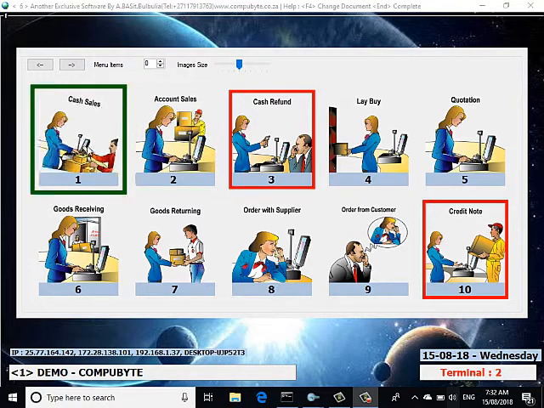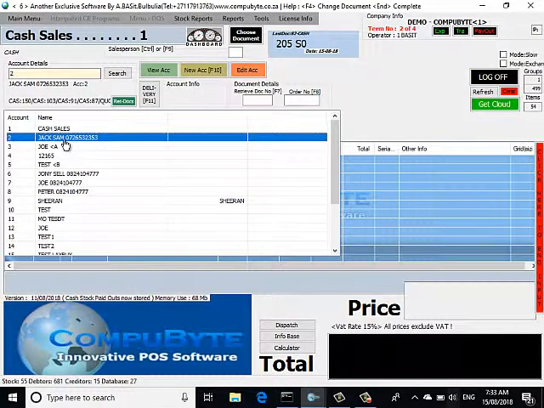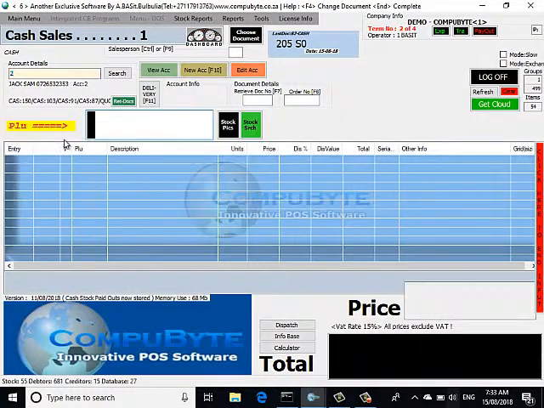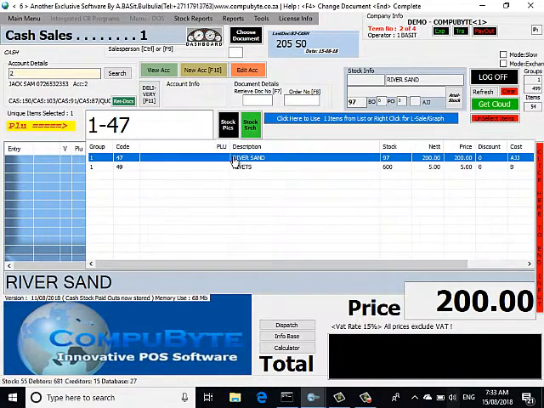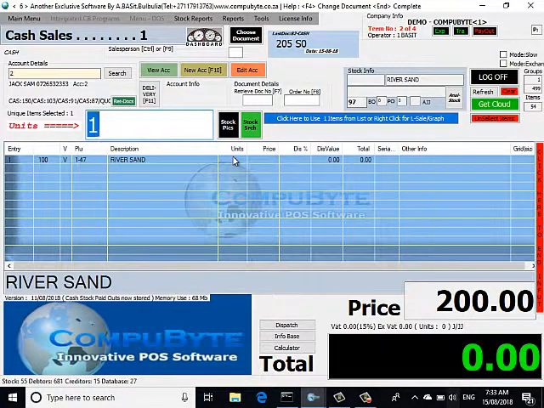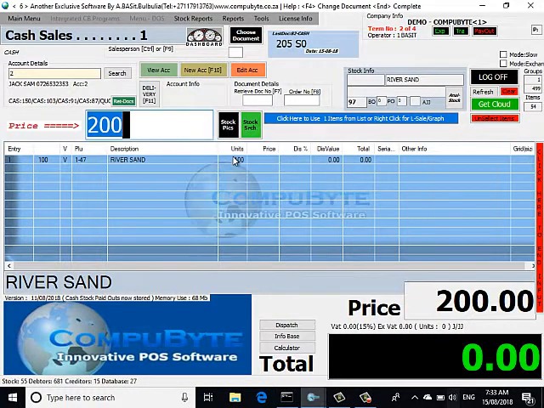or account sales. Let's assume we're going to choose cash sales and we're going to choose Jack Sam as the customer, and we're going to now sell him river sand as a partial dispatch. So I'm going to type in river and it shows me river sand, and I choose river sand, and I'm going to sell him 100 cubic meters of river sand. Put my access code in there,